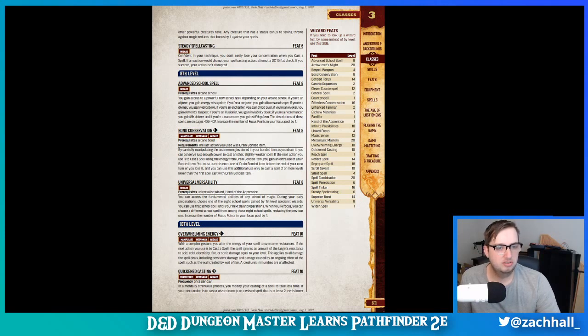Bond conservation, for an action, metamagic, arcane bond, and then the last action you used was drain bonded item. You can conserve just enough power to cast another slightly weaker spell. If your next action you use is to cast a spell using the energy from drain bonded item, you gain an extra use of drain bonded item. You must use this extra use of drain bonded item before the end of your next turn or lose it, and you can use this additional use only to cast a spell 2 or more levels lower than the...